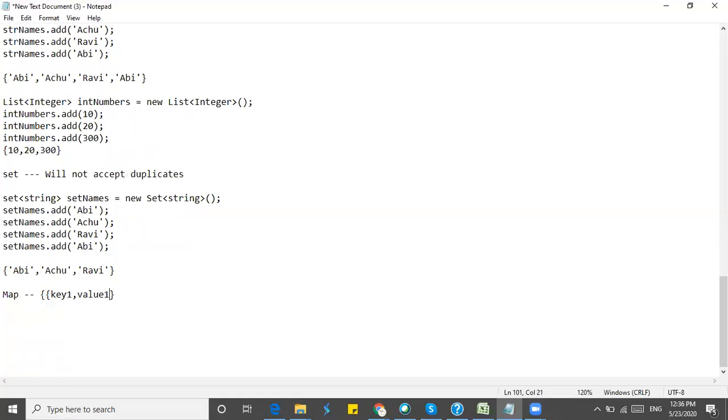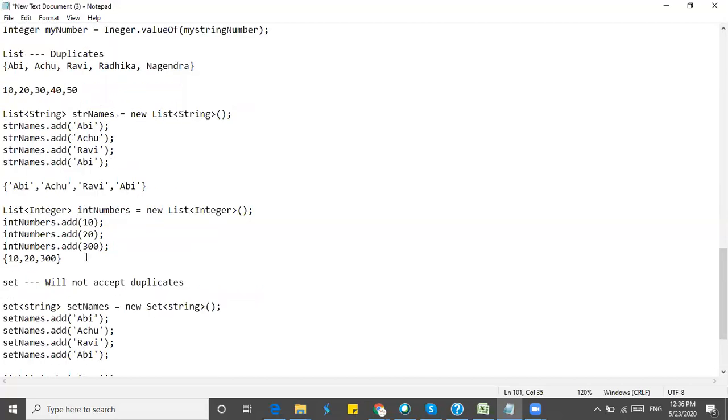Key1, value 1, comma. So in this format, it will be the same data. There will be a key and associated value, and a key and associated value.